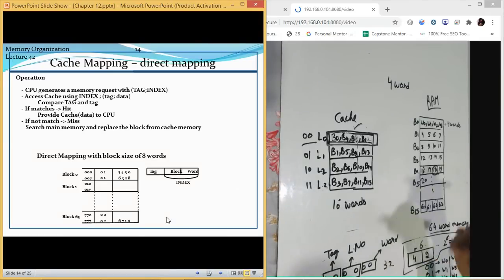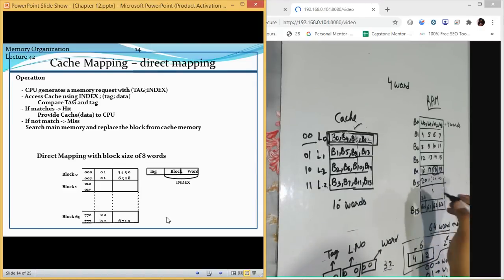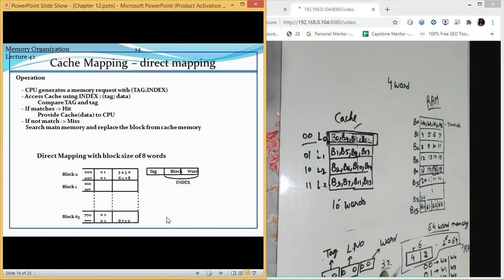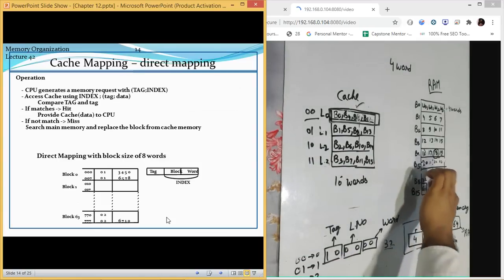Now if we do it at this place like 21, 22, 23, and so on, we will get that this value 32 is present in the first place, and the block number at that place will be B8. B8 block will be there and it would be present in the first place. So that is what we are going to identify by using this value.